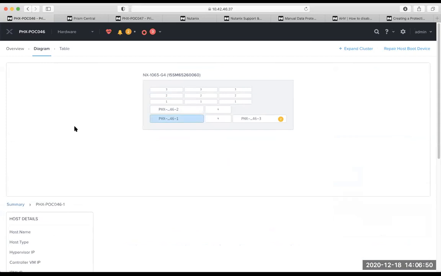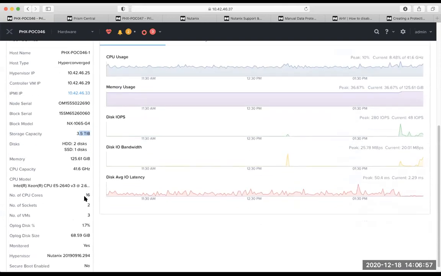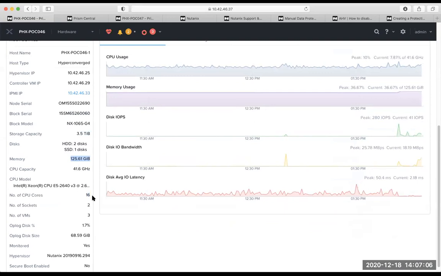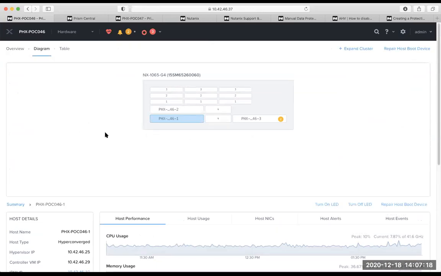So let me just show that. It contains around 3.5 terabytes of storage space. It has 16 cores of CPU, and when it comes to the RAM, it has roughly around 125 GB per node. So more or less, you can assume 760 GB of RAM total, and per node 16 cores. So it is 16, 16, 16 for the 3 nodes. This is the configuration, and exactly a similar configuration replica is there on the DR side.